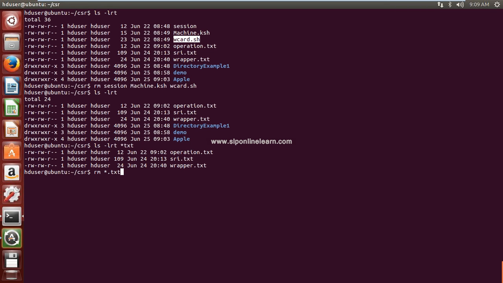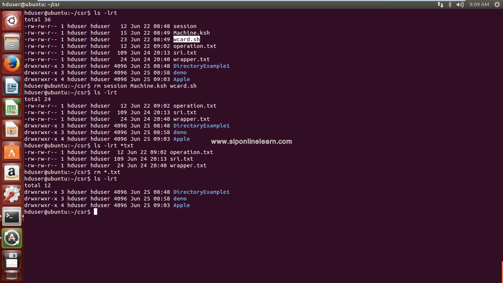Okay, fine. Now see, ls -lrt, there are no text files in this directory. It can be 3 files or 1000 files, everything will be removed. Means only text files, not all files, based on your filter condition. So here the filter condition is star.txt. So all text files will be removed with this command.